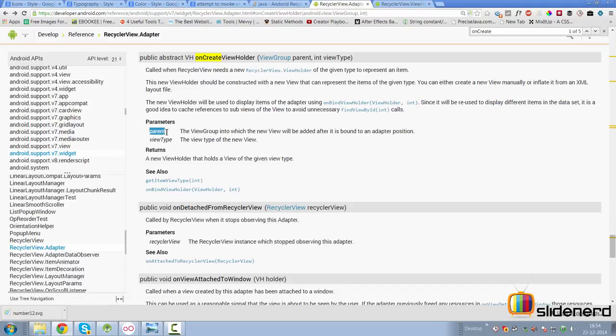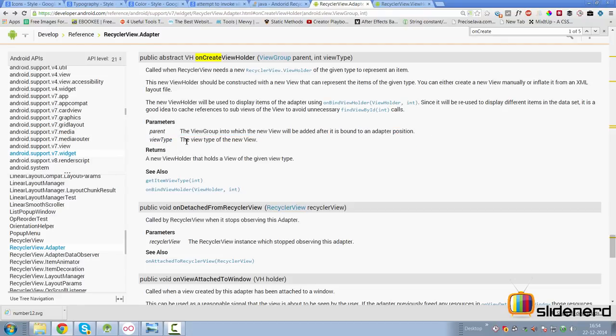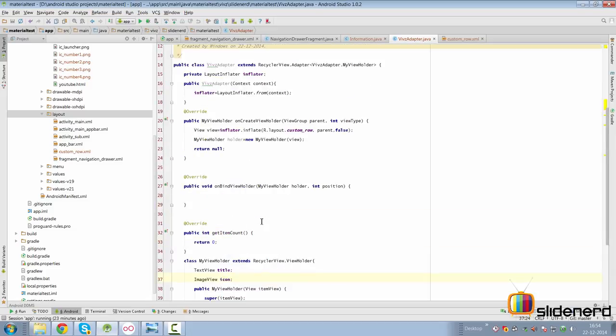So take a look at the parent here. It says the view group into which the new view will be added after it is bound to the adapter position. The view type is the type of the new view. Now the view type will come into use when we talk about sectioned recycler view in the upcoming videos. If you take a look at the return type, it says a new ViewHolder that holds the view of a given view type. So go back to the Android Studio here and let's return that view holder from our